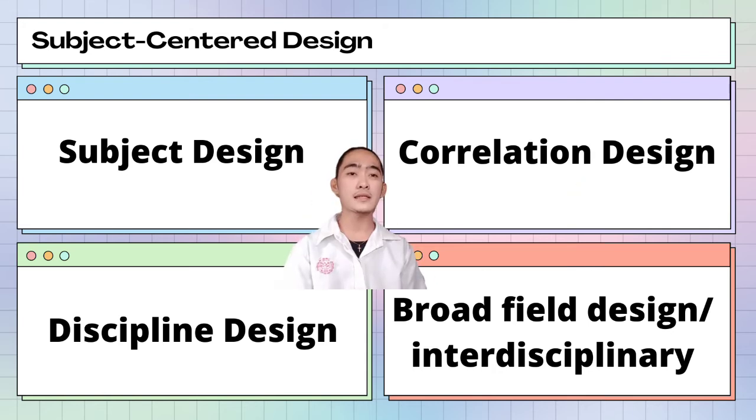So another one is the broad field design or interdisciplinary. Broad field design or interdisciplinary is a variation of the subject-centered design. This design was made to cure the compartmentalization of the separate subjects and integrate the content that are related to one another. The subjects such as geography, economics, political science, anthropology, sociology, and history are fused into the subject called